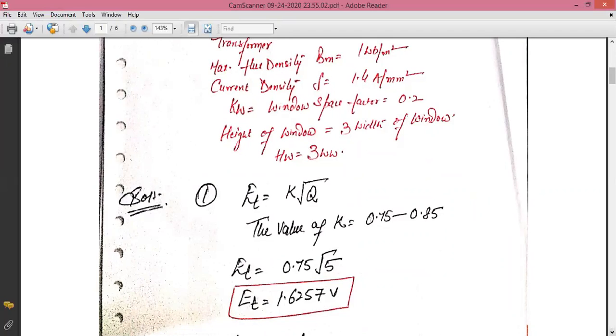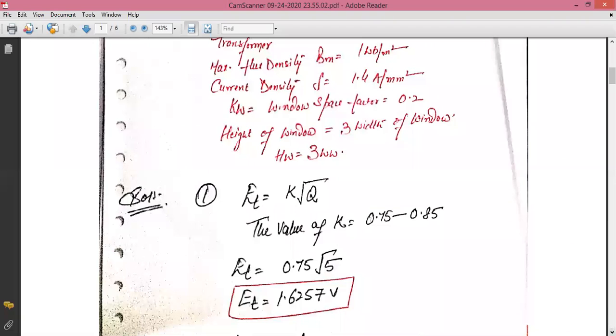Yes, sir, it is the same. Is the same value? Okay, fine. So Vinayak, you got this value, that is Et is equal to 1.6257. Everybody got the value except other than Vinayak, Manhar, Neha, Himanshi. Can you get this value? Okay, fine. So this is step number one, and if you proceed to step number two,